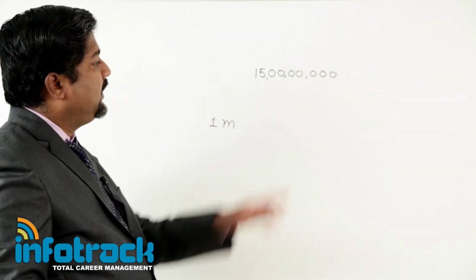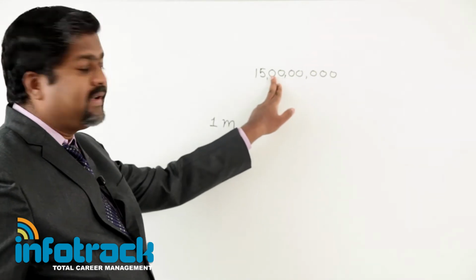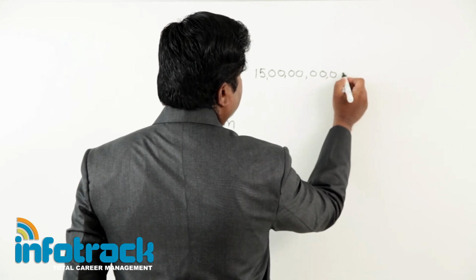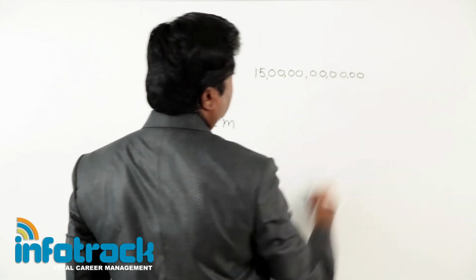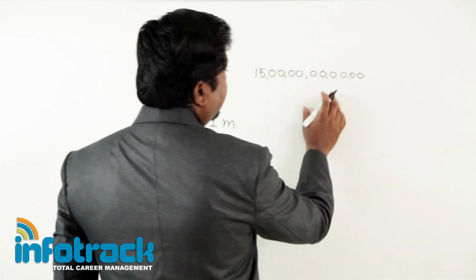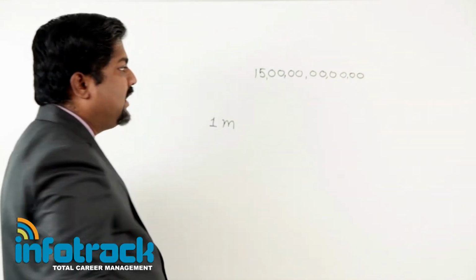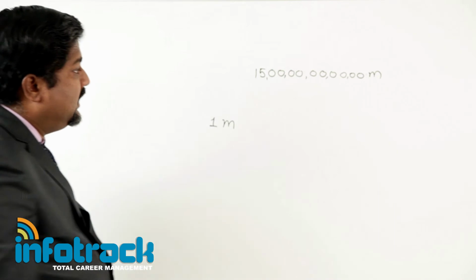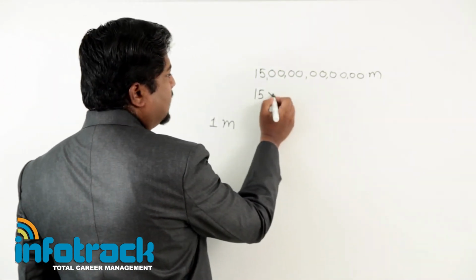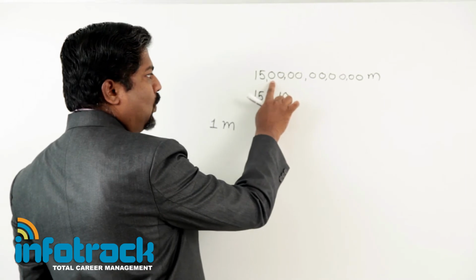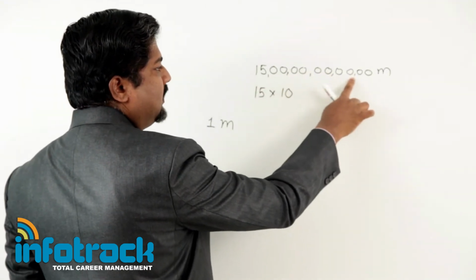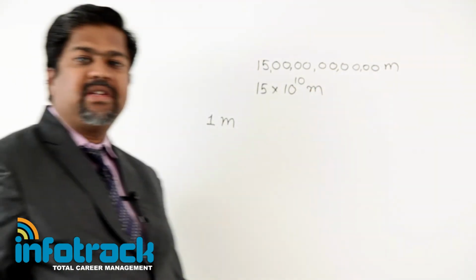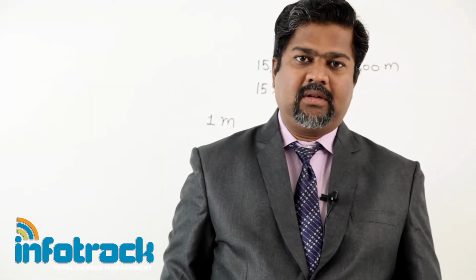Can you measure it out? Here it should be 15,000, here it is 15 lakh, it is 15 crore, and still I have to give 3 more zeros. Basically, 15 crore plus 3 zeros, these many meters we have to give. Just check how I can convert this. So it is 15 into 10 to the power, count out 0, 1, 2, 3, 4, 5, 6, 7, 8, 9, 10. This is the average distance between the sun and the earth.